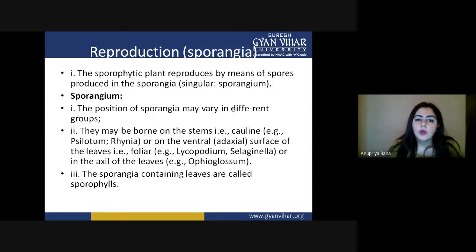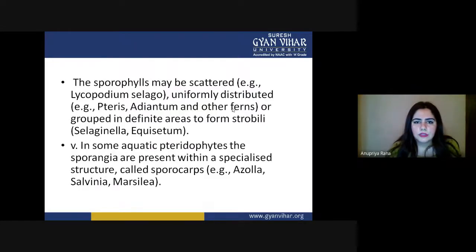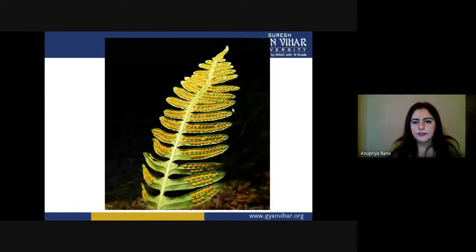Sporangia on the surface of the leaf we call foliar sporangia, and they are present in Lycopodium and Selaginella. Or they can be present in the axil of the leaves, as in Ophioglossum, and they are very beautiful when we look at them. I will show you how they look when they are present in the axil of leaves. You can see how beautifully they are present there. They look very charming, and we can even count how many sporangia are present, like